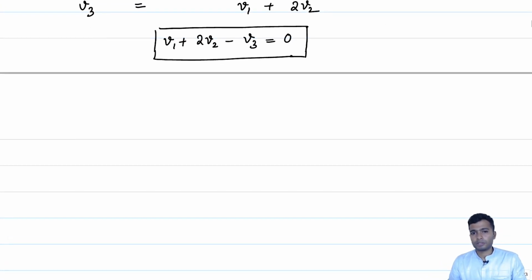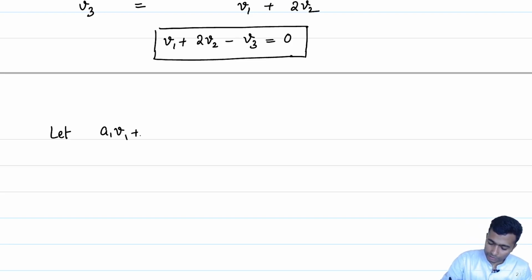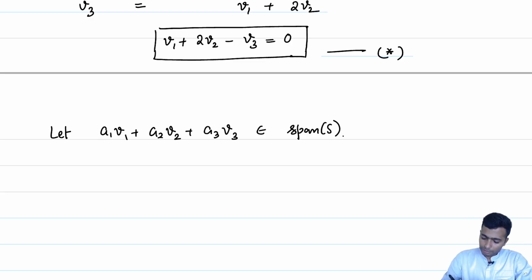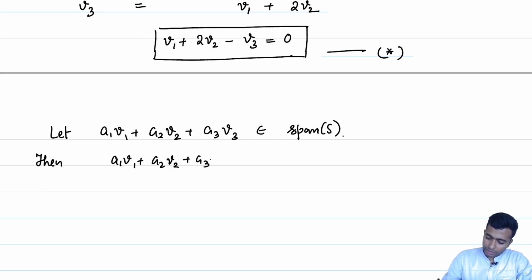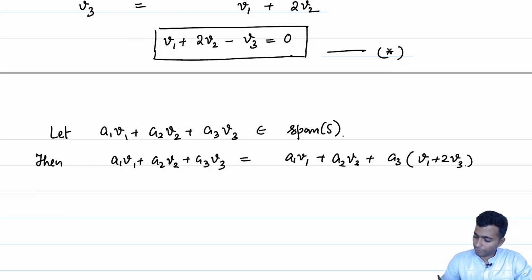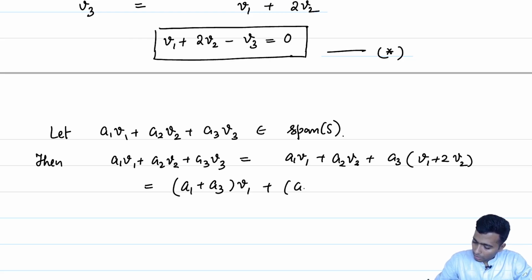What happens is, you take any element in span of S. So, let a1 V1 plus a2 V2 plus a3 V3 be in span of S. Then we immediately observe that using this star which I have just noted, namely V3 being equal to V1 plus 2 V2, we will be able to write a1 V1 plus a2 V2 plus a3 V3 equal to a1 V1 plus a2 V2 plus a3 times (V1 plus 2 V2), by substituting for V3, and this is nothing but (a1 plus a3) times V1 plus (a2 plus 2a3) times V2,